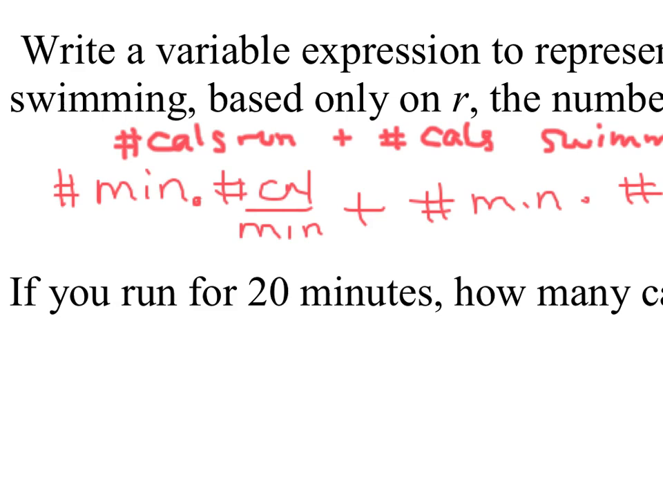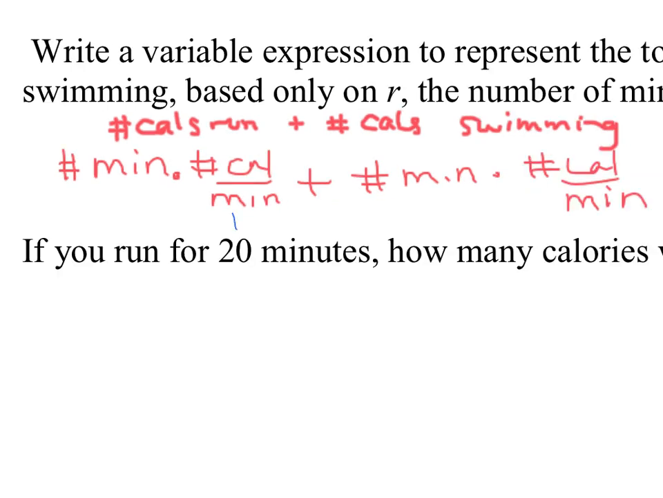So the good news is the problem actually gives us some of this information. They tell us how many calories we burn per minute running, which was 15. And then they also tell us how many calories we burn swimming, which is 9. The thing they don't tell us is how many minutes of each activity we do. Now we know we do 50 minutes total, but we don't know exactly how many of them are spent running